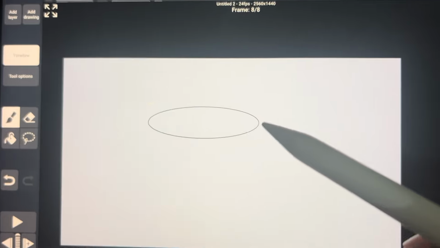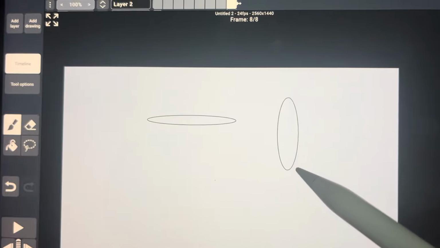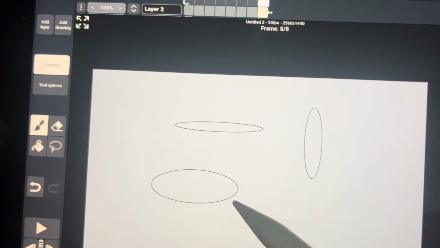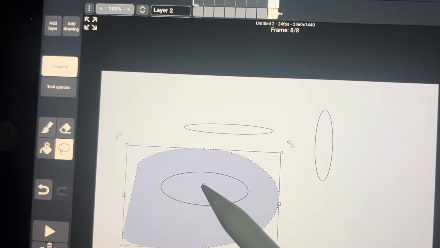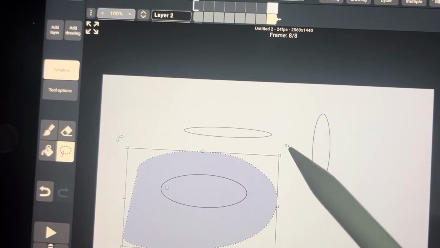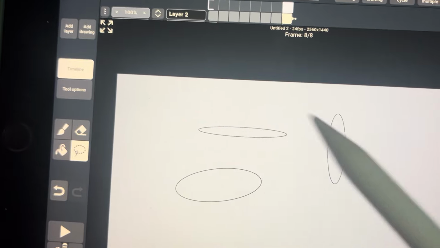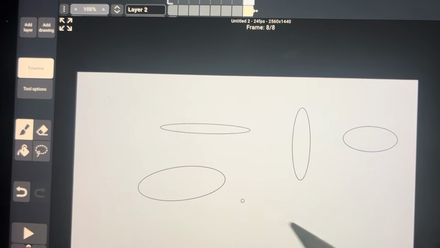You can use this to create ellipses. You can use rotate. You can rotate it by moving the pivot. It has many uses also.